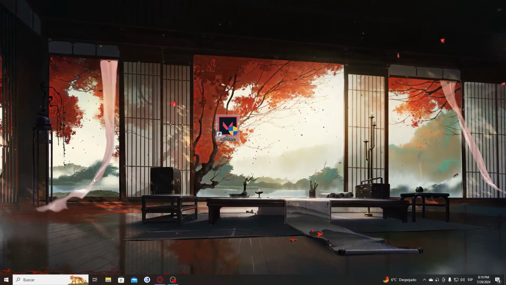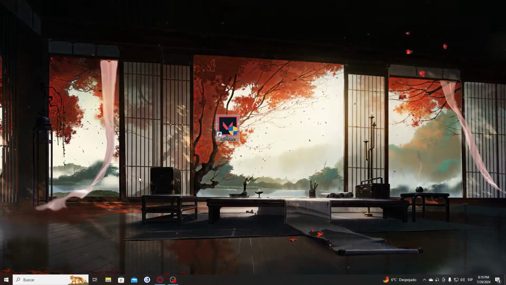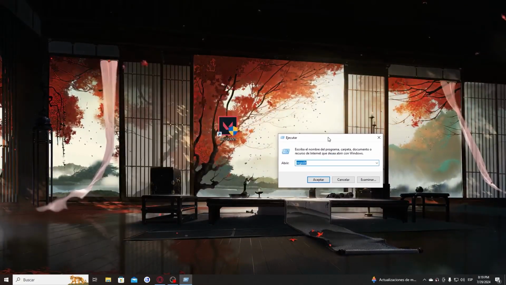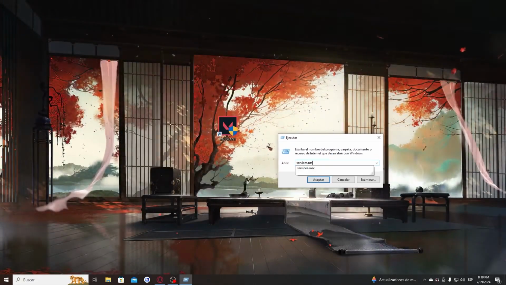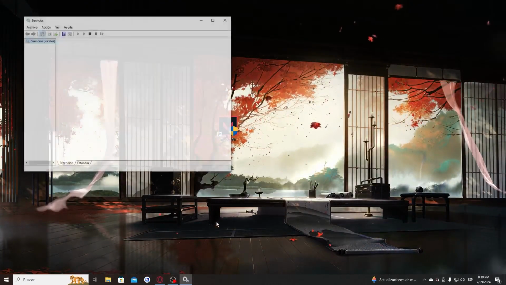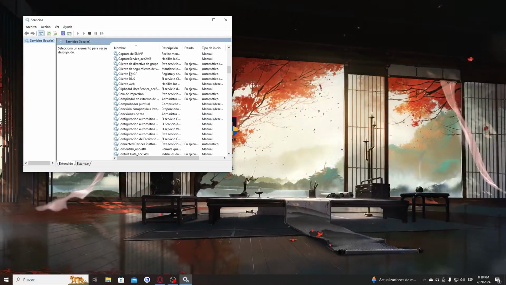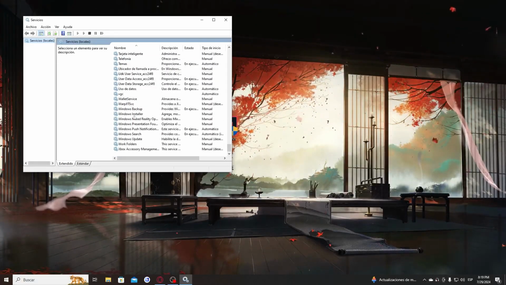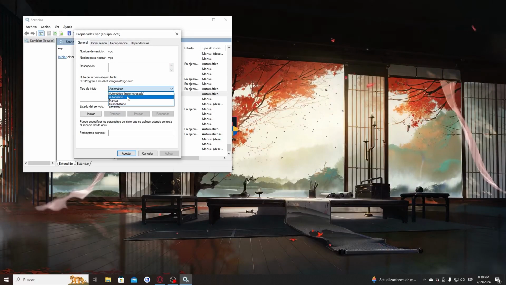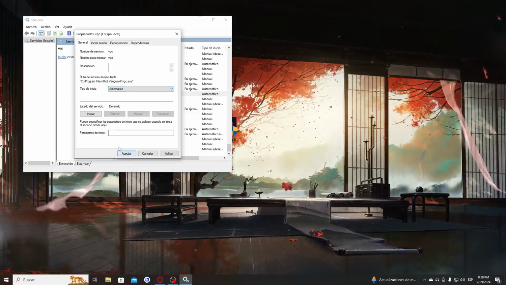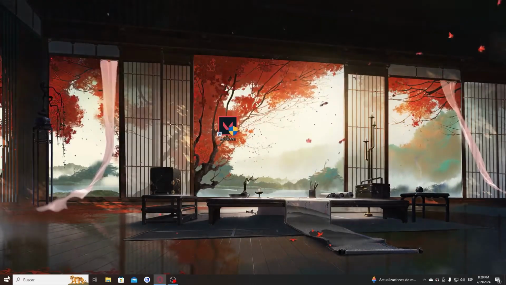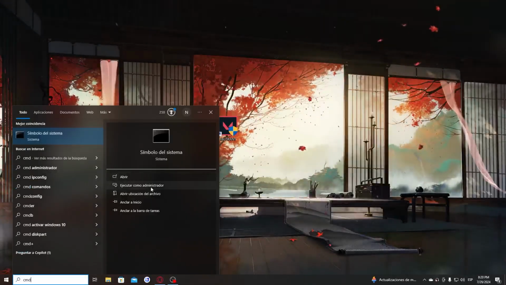There are two steps. The first one is going to the Windows R key, and here you have to write the next prompt: services.msc, and once you are in the window that will appear, you have to look for the next program service. You have to find the VGC service, and in this option you have to press Automatic. Then you press Start, press Accept, and the next step is to go here, write CMD and start as an